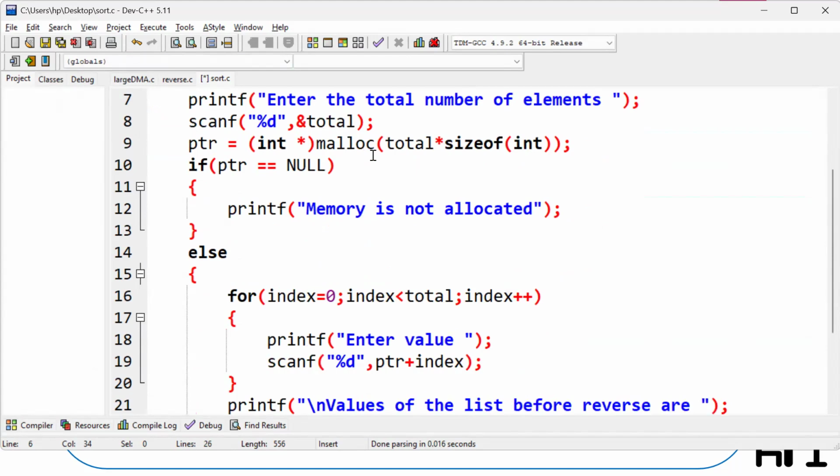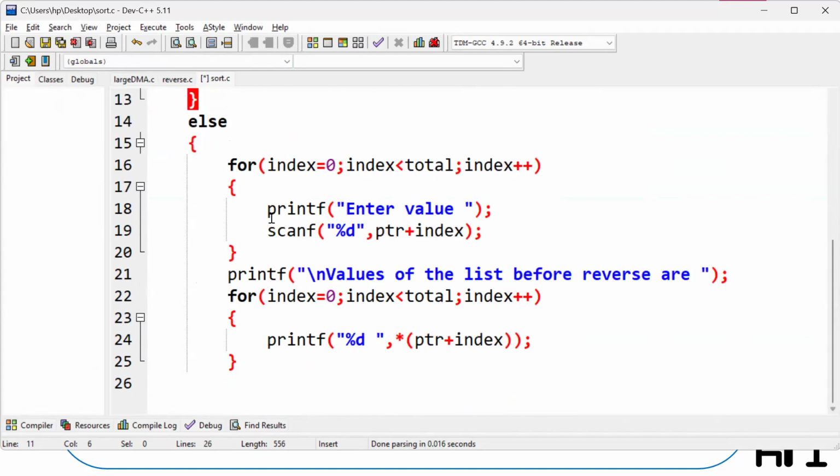So the total number of elements you have taken input, memory is allocated, values you have taken input, and values you have displayed before sorting. Then after that, I'll start doing sorting. So for i equal to 0, i less than